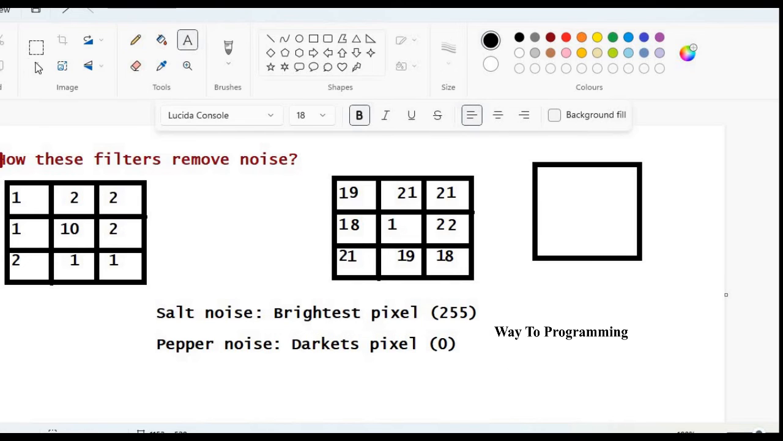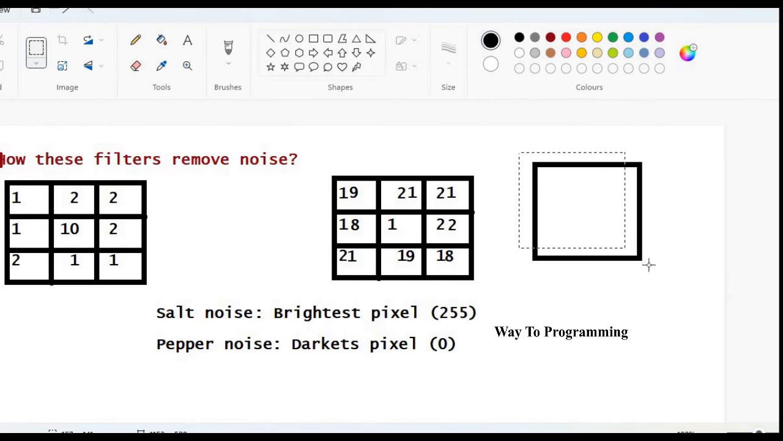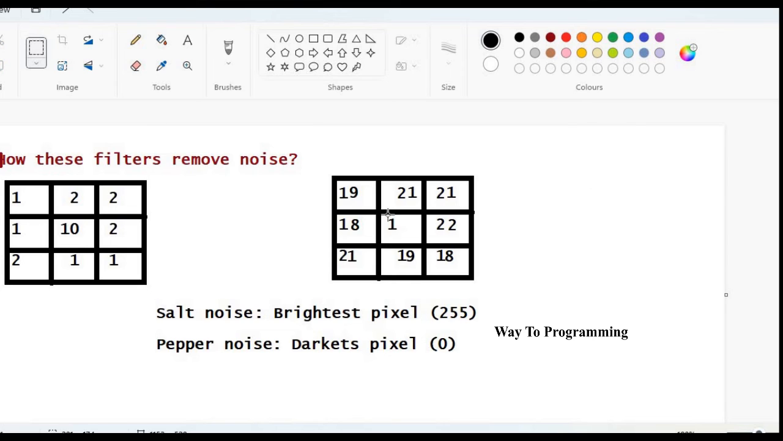And you can see I have two images here. So consider this first image, okay? And these are all the pixel values. So if you see 1 2 2 1 10 2 2 1 1, as compared to all these other values, this is the largest. The maximum value is 10. So this is going to create salt noise,